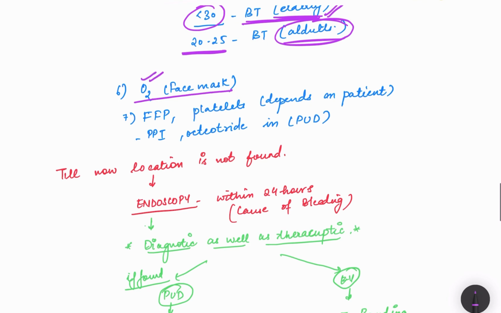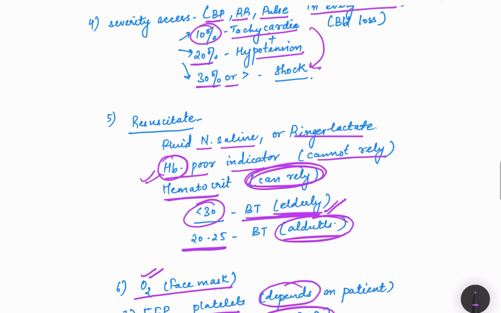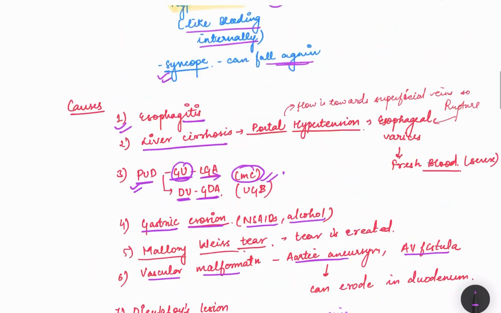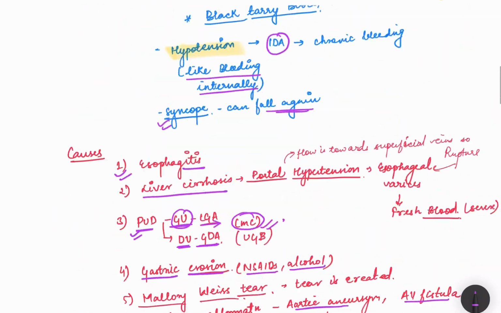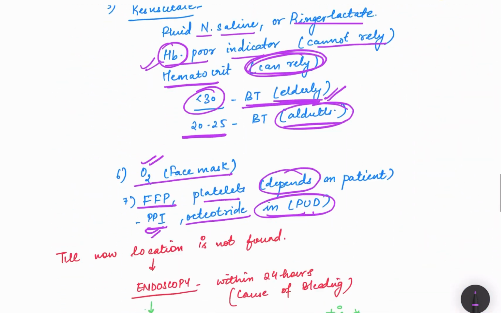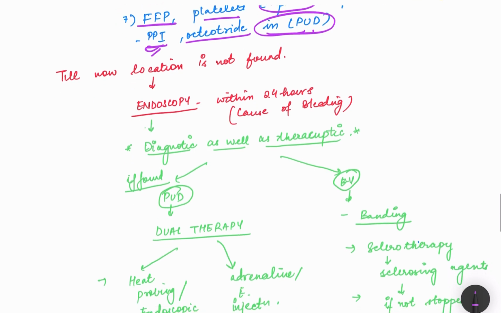We will provide oxygen by face mask. We will provide fresh frozen plasma, platelets, depending on the patient. We can give PPIs, the proton pump inhibitors, and octreotide in portal hypertension cases. But till now, by these protocols or these causes or these symptoms, we have not identified the exact location in which the person is suffering from